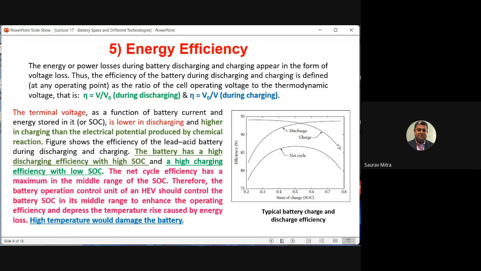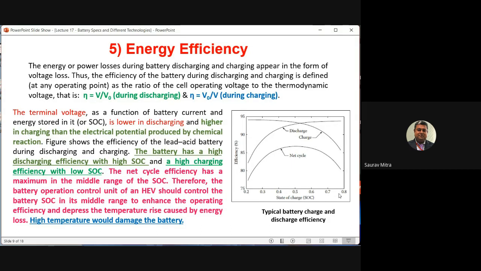So that's what I told you. Whenever you are charging your mobile phone battery, always try to charge it between 40% to 80%, or maybe 40% to 70%. Because above 70%, whenever you are trying to charge your mobile battery or any battery, you'll find that for each 1% increment in the charge, you have to input too much energy. That means the efficiency of the charging is reducing as the battery gets more and more SOC.